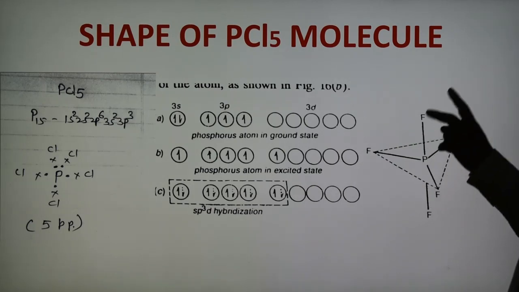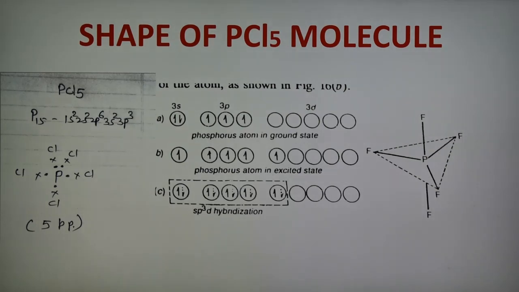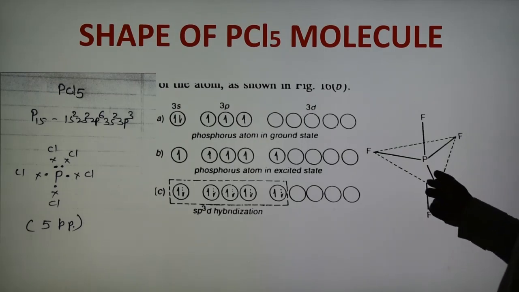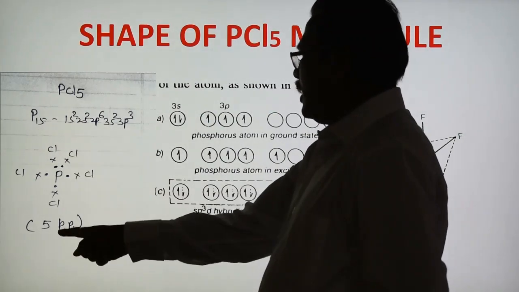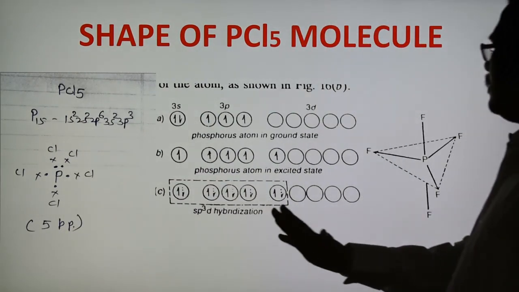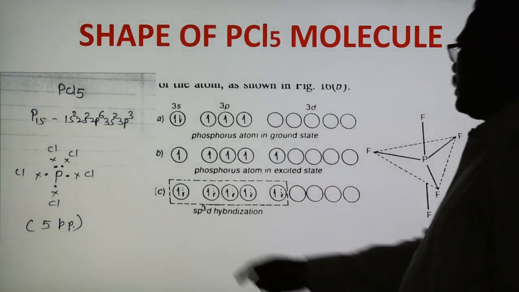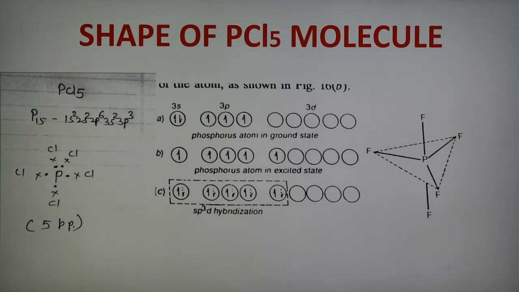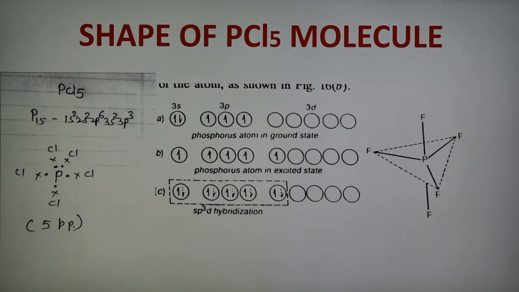Here 2 bond angles are there. This triangle has 120 degrees and those that are perpendicular have a 90 degree bond angle. So in this way the shape of the molecule is shown here, and this is the PCl5. So again in case of PCl5 the central atom is phosphorus, and there are 5 bond pairs of electrons, therefore they have a regular shape, trigonal bipyramidal, and there is sp3d hybridization of the phosphorus atom forming the trigonal bipyramidal shape. So on the basis of VSEPR theory we can explain the shape of this PCl5 molecule.